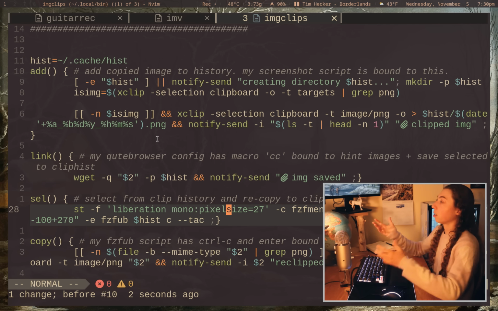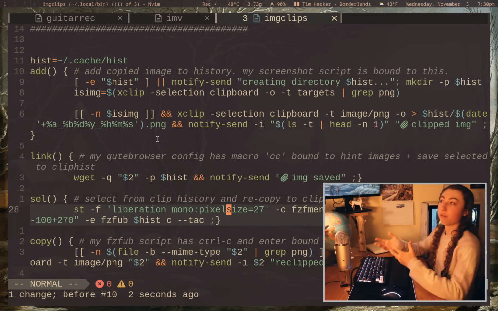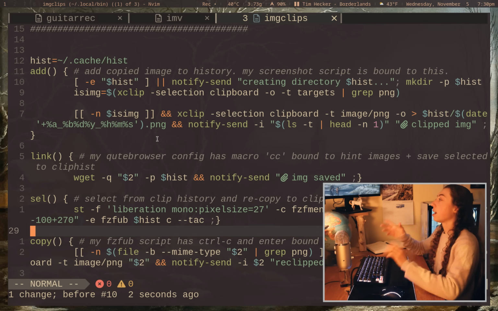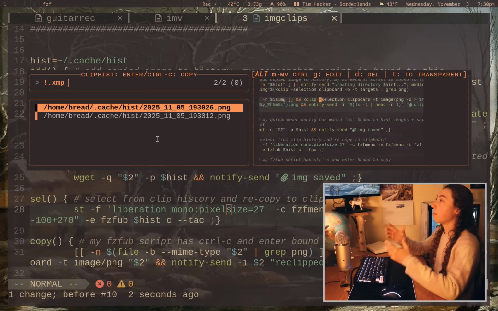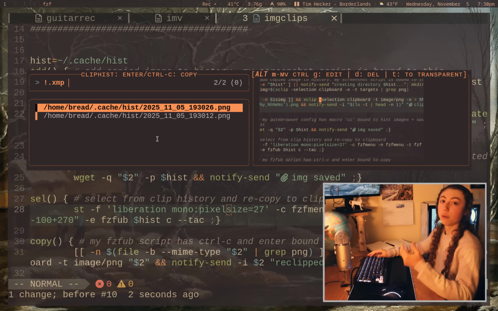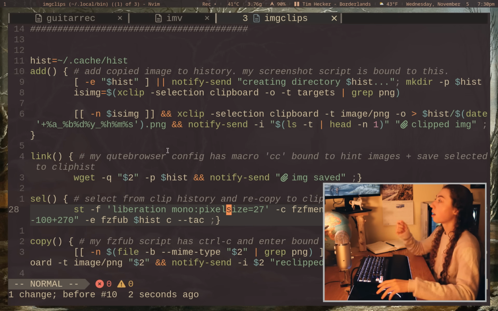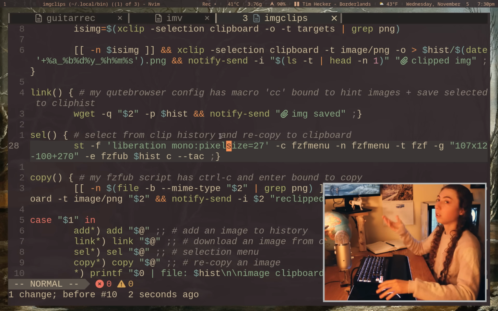Selection is just literally pulling up a terminal with that FZF menu in it, and this is where I'm going to say I have a video on this menu itself and how the menu itself works for all of the various image menus that I started using, so I will link that video if you want to learn how the menu itself works. But anyways, I just have the pull up for the selection menu, and finally I just have recopy,